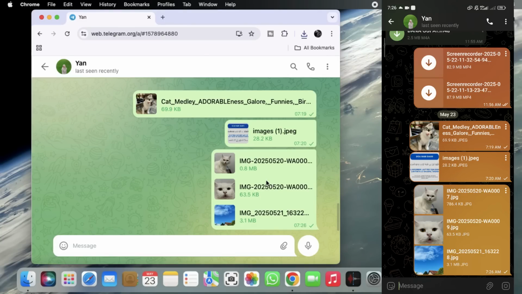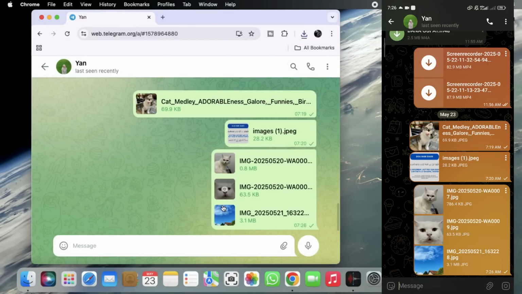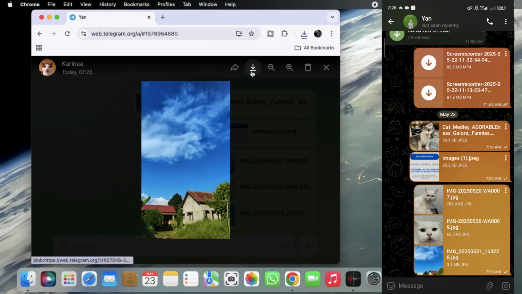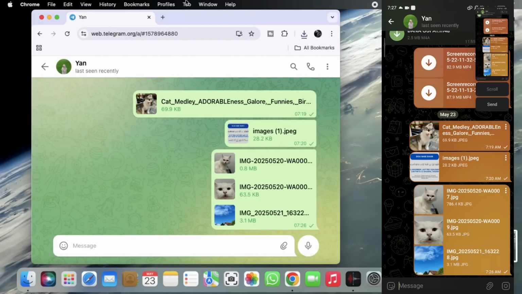It's very simple, right? So you don't need to use USB cable or other apps from your MacBook and also your Android phone. So that is how to transfer photos and videos from Android phone to